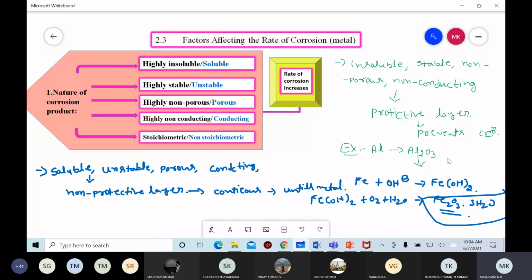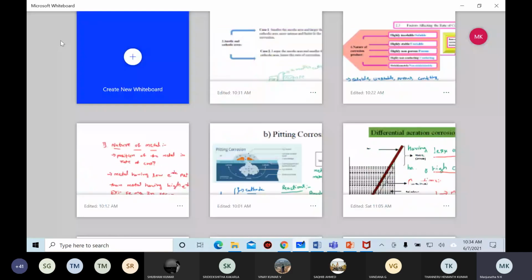But here, in aluminium, an oxide layer is formed, but the aluminium metal is not destroyed. Here the iron metal is completely destroyed because of the nature of that oxide layer. This is the second one. Coming to the next, another one, that is area of anode